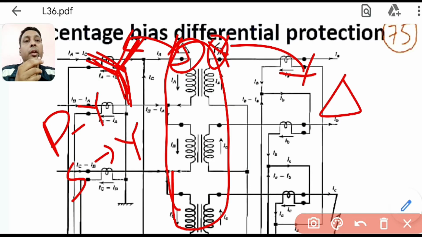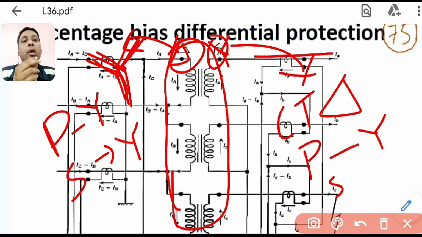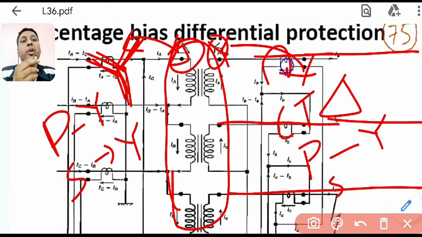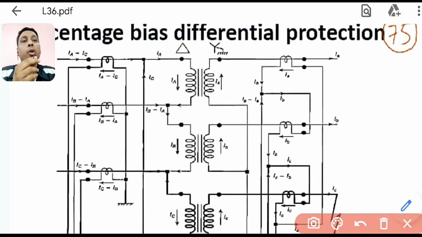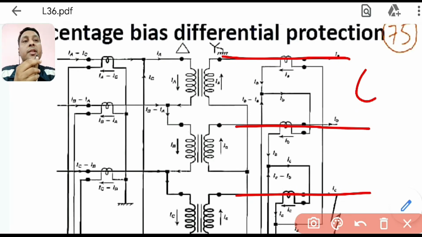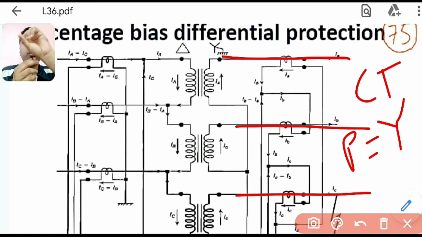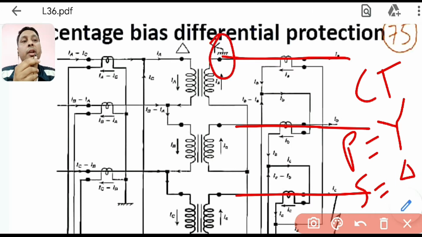Here in the CT, again there will be a primary and a secondary. Primary will always be star because it is simply the line. You have no control on the primary connection, because the primary connections are simply these lines. You are putting the CT on that line. You have no control on the primary windings. These three are the primary windings for this side CT. So primary is always star. You have no control on it. You have to put it on the line. The control is in the secondary. So for the secondary, because it is the star side, what will the secondary take? Delta.